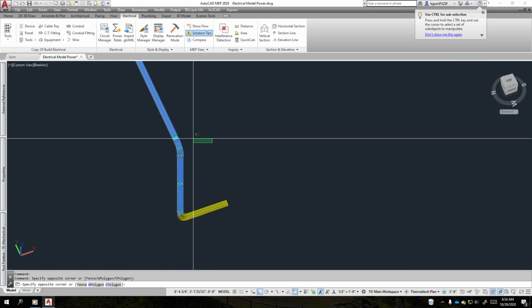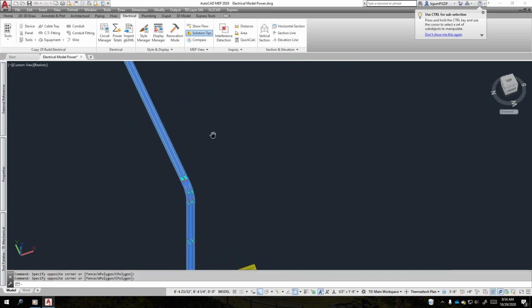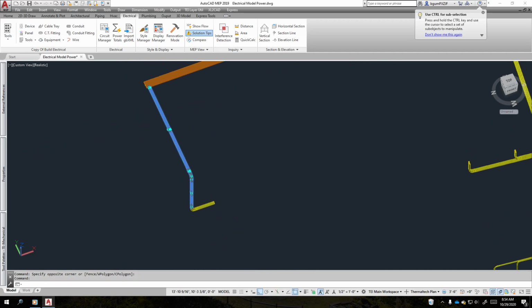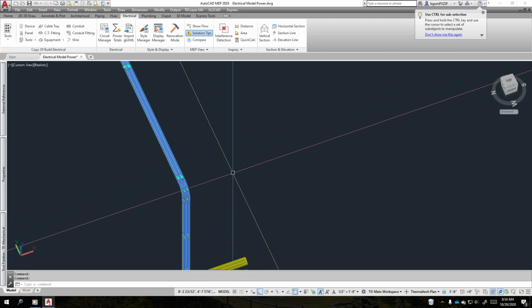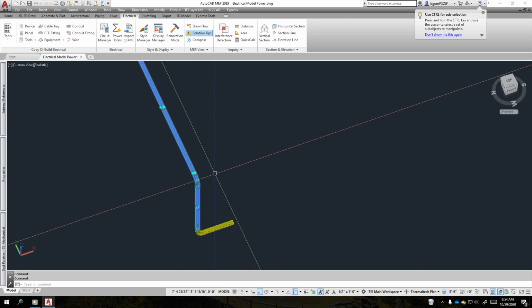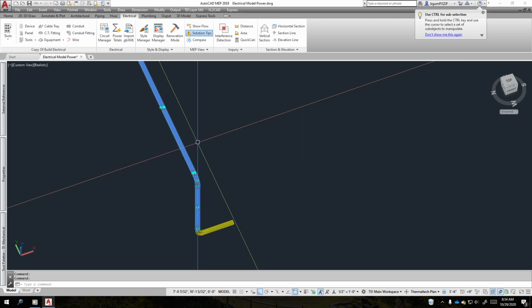Alright, we're gonna give this one more shot. This is how you're gonna parallel conduits in AutoCAD MEP. Revit has the better tool set for this. We need 8 sets of parallel conduit. Currently we have 4. So